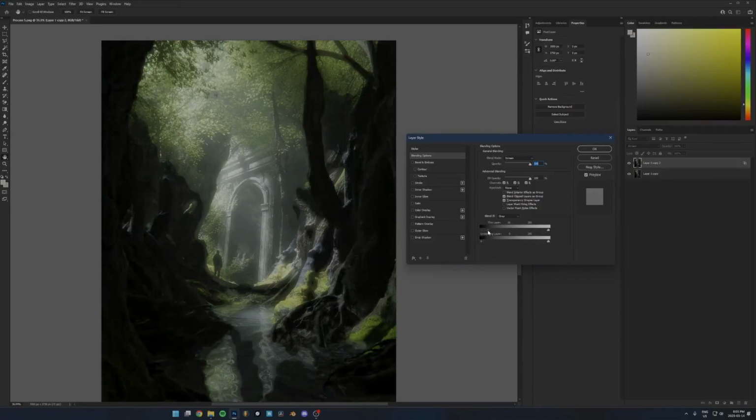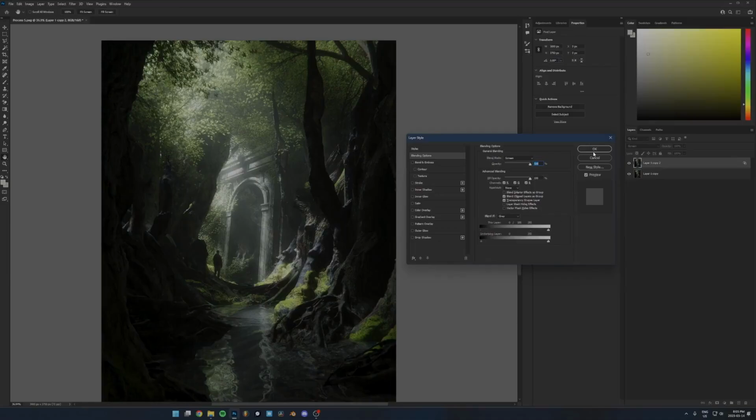So if you hold Alt and click this handle here, that will smooth out the transition that it gives you where it cuts off that dark point or bright point. So the easiest thing to do is just hold Alt and then click on it and drag one of those out and then just pull it up to wherever looks good. So somewhere around there. And basically what that's doing is it's saying, okay, only values between here and here are going to be visible, but fade it out all the way to here,